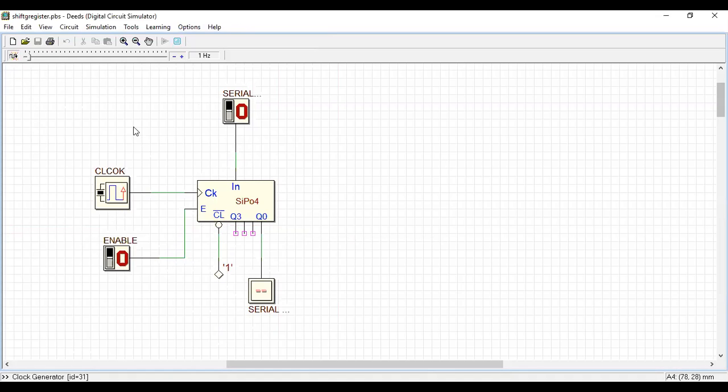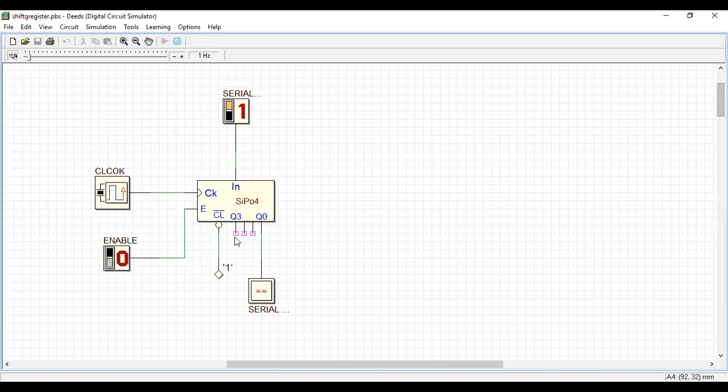Clock animation is started. I have started to change my input signal. There is no change in output. It has not reflected at all. What might be the reason? Clock is animating. So clock is working. I keep on changing my serial input, but it is not reflecting in my output.